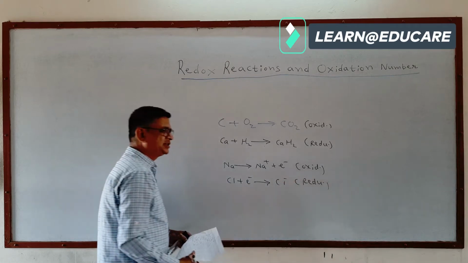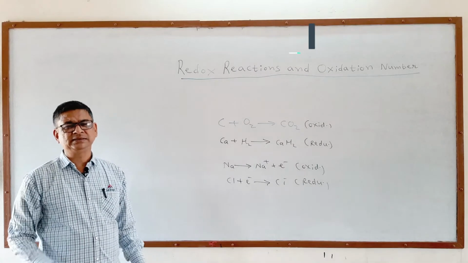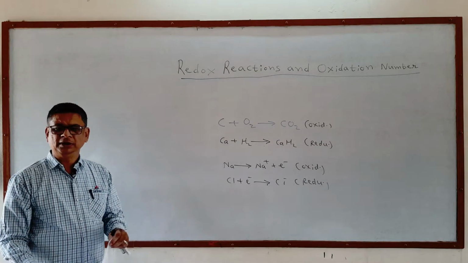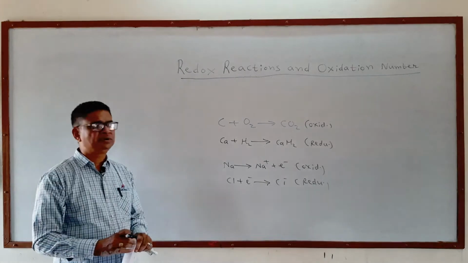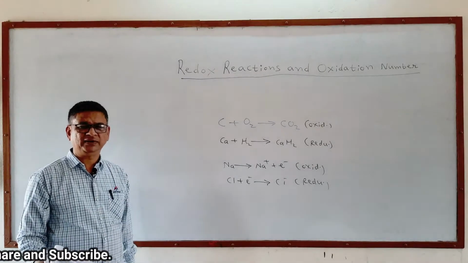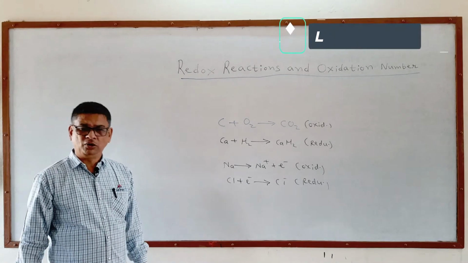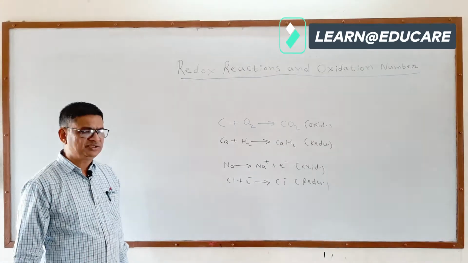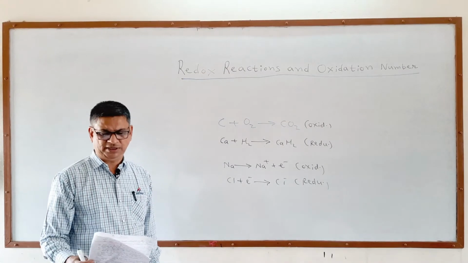But what is necessary to know? Only oxidation or only reduction never occurs. It is a simultaneous process of loss of electron and gain of electron. The term redox reaction is used for the combination of both oxidation and reduction reactions. In our daily life, biochemical reactions of photosynthesis or respiration, or in the cells or batteries that we use in automobiles, the reactions there are a combination of oxidation and reduction, and that combination is termed a redox reaction.